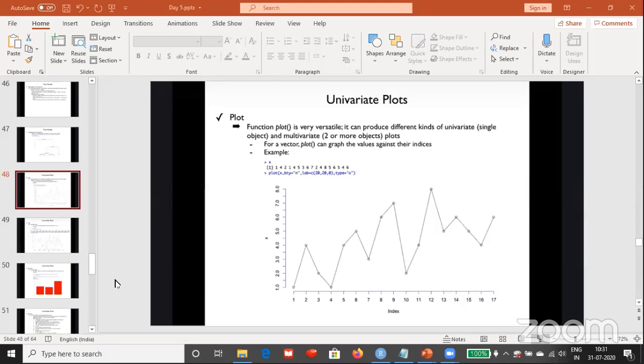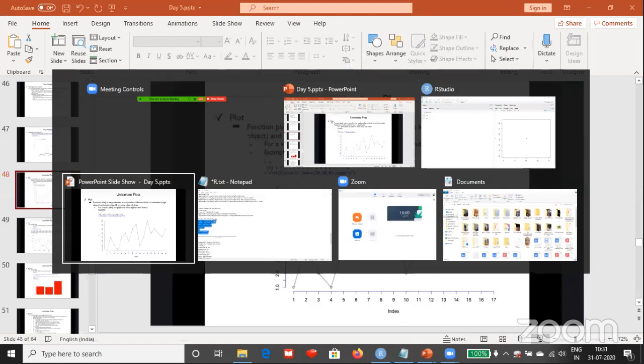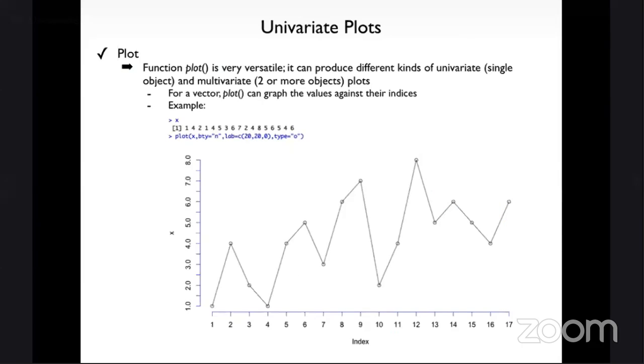So first we'll get into univariate plots. Let's see what univariate plots are. We'll be using the function plot. Plot is very versatile, and it can produce different kinds of univariate plots. Single, with one object, if you are able to do, that becomes your univariate. Two and more than that becomes your multivariate. Okay, so first